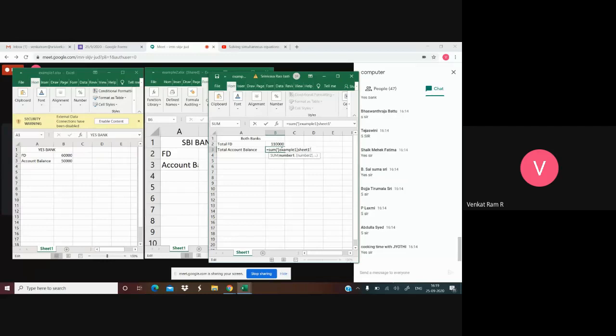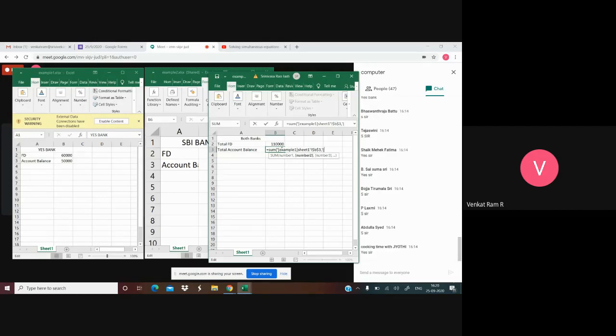Close the quotations and followed by exclamatory mark, wherever the value you have entered. So B3, $3. Okay. And comma for the second value, means for the second sheet.